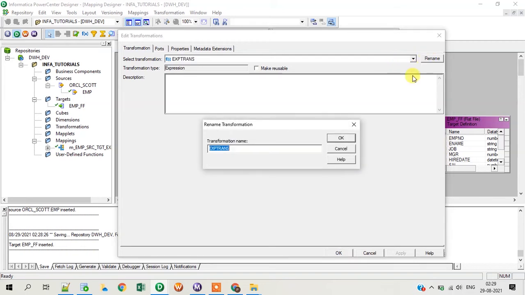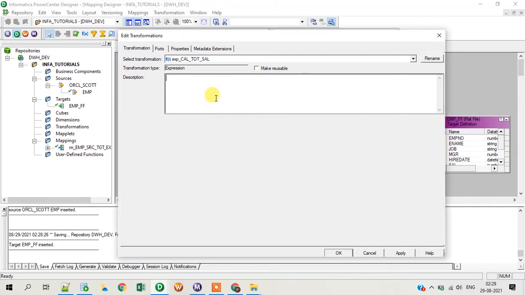I will try to give the proper naming convention for the expression transformation. We start it like exp underscore followed by some business name or some meaningful name. So here I'm giving calculate total salary, as my mapping is calculating the total salary, and I will write a description about what my transformation does. So I'll write: expression transformation calculates the total salary of an employee. Okay. After doing that, I will do OK,